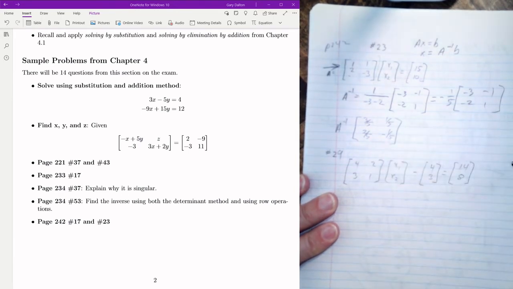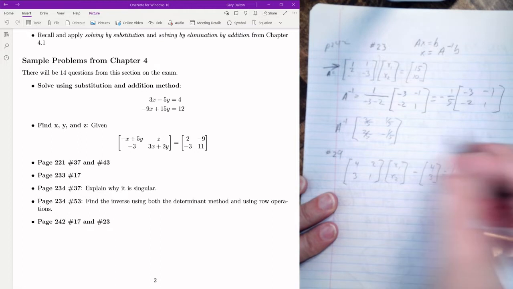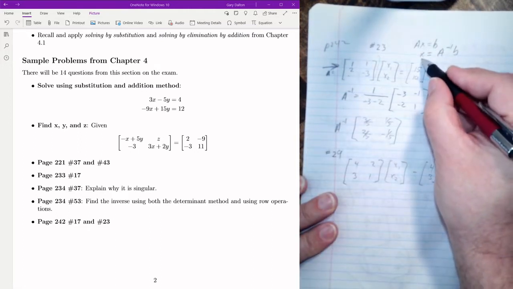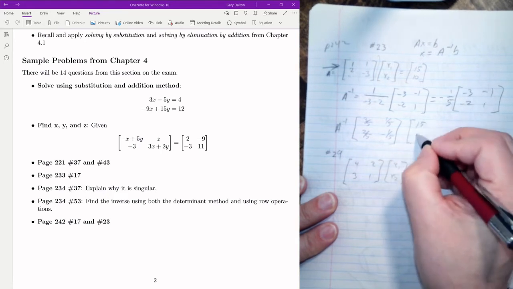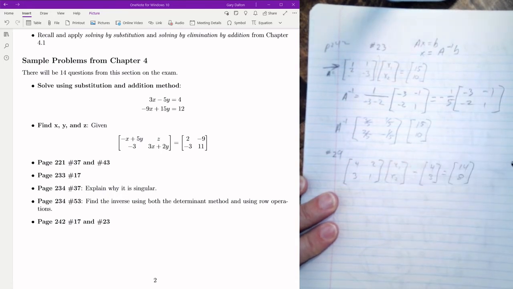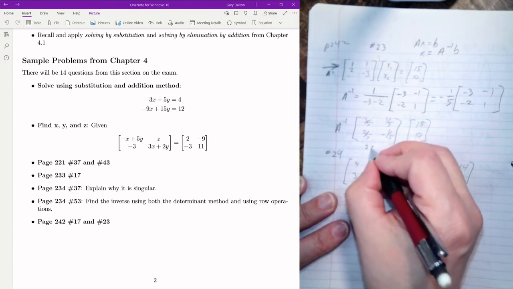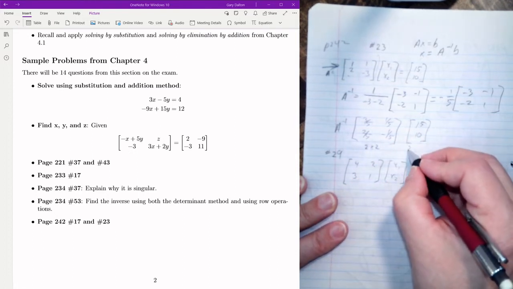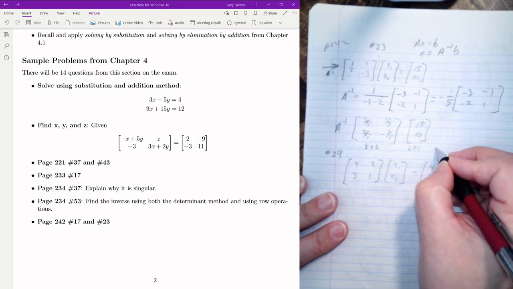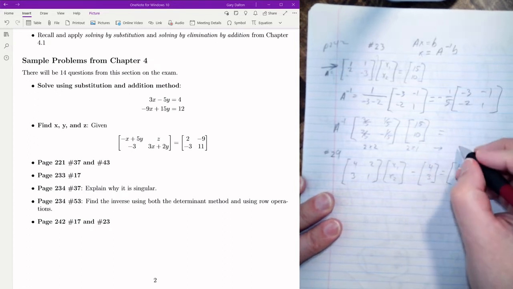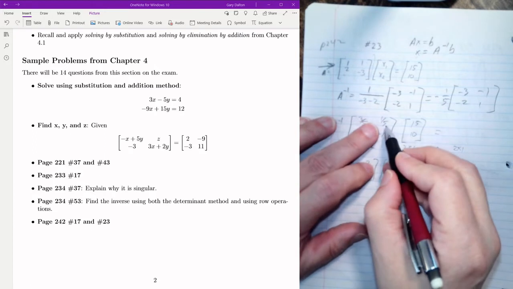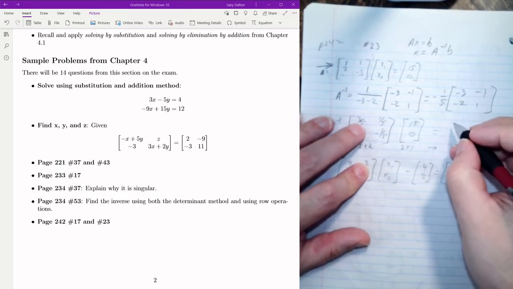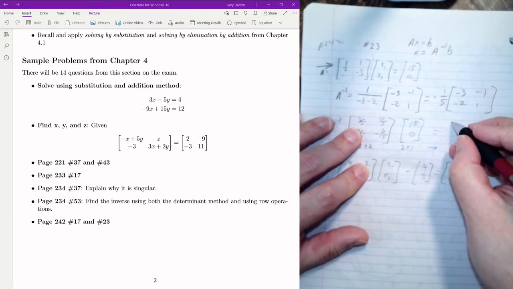We're not done. That's the first part. So X, recall, equals A inverse times B. So let's multiply this by B. This is a 2 by 2. This is a 2 by 1. So our output is going to be a 2 by 1. Row by the column. So 3/5 of 15